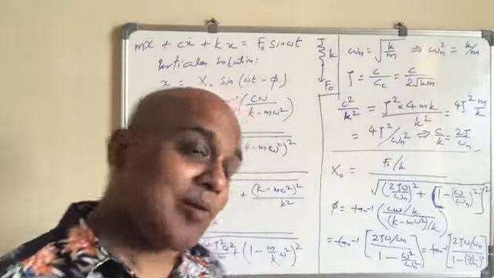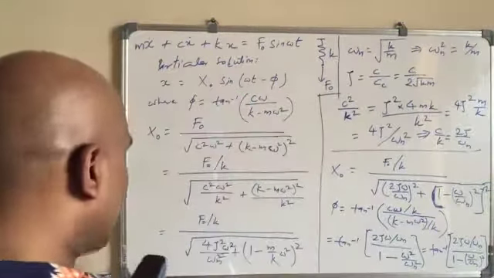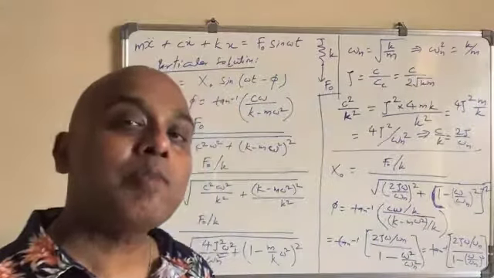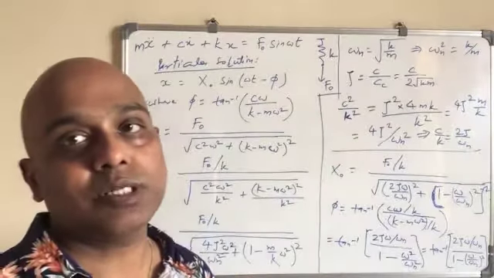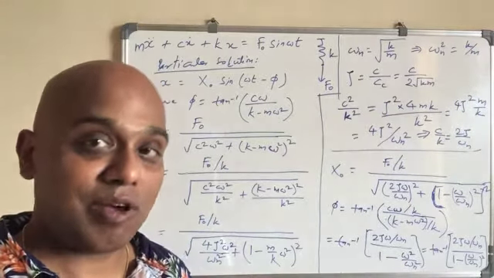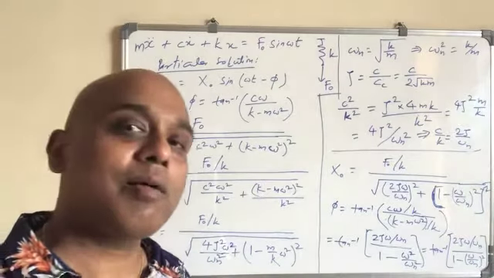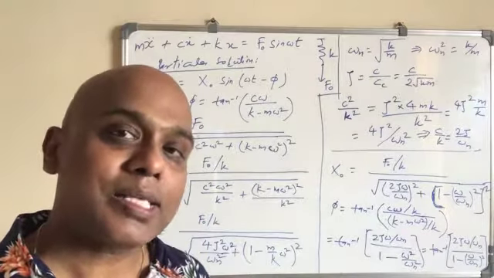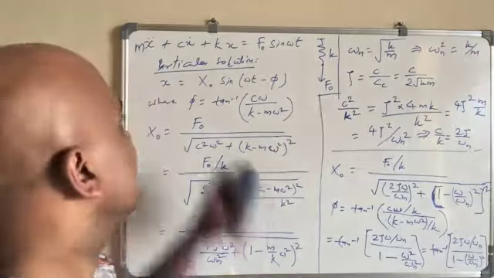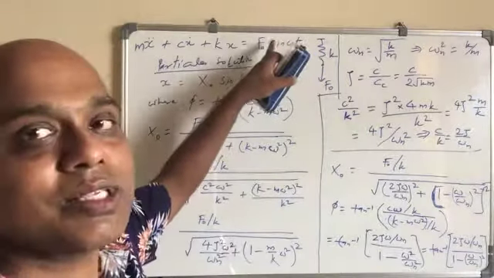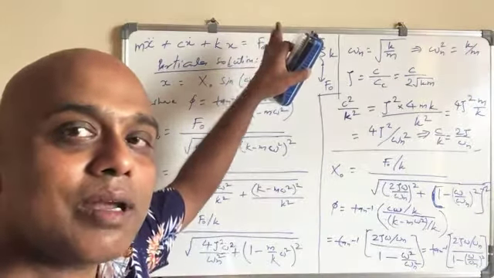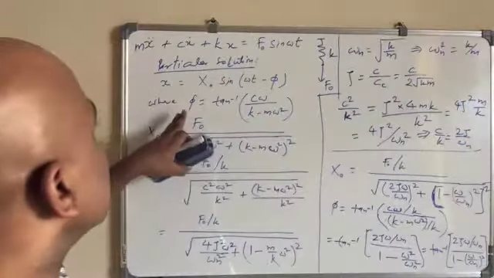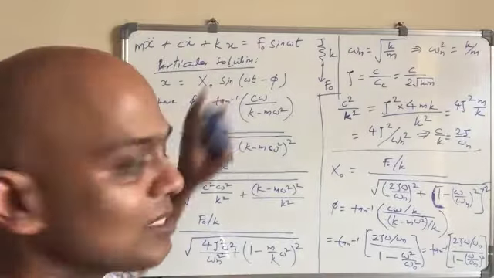Remember now that whatever solution we got is a particular solution. The actual total solution will be the homogeneous solution plus the particular solution. We did not solve the homogeneous solution today; we already solved it in the last chapter. The homogeneous solution is the same as the solution for free vibration, where this term equal to 0 is the homogeneous solution, also called the solution due to free vibration. So that solution we have already got. This is the particular solution we are getting now.